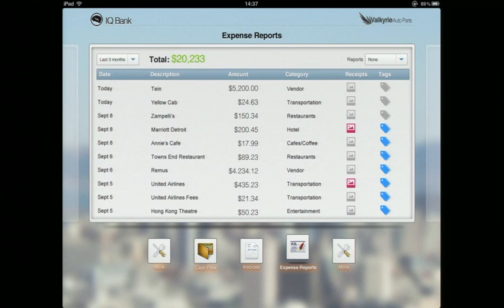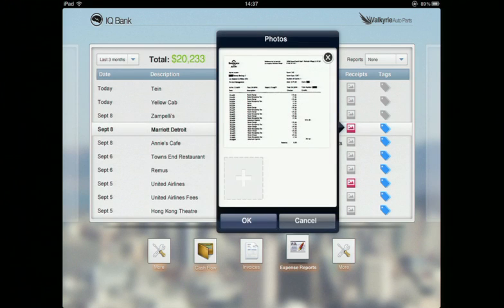And so we look at this Marriott Detroit. I just got back today, and we noticed that the Marriott Detroit already has a receipt image associated with it. We can tell that by the receipt column. If I tap on that receipt image, what we see is a copy of the folio that I got from